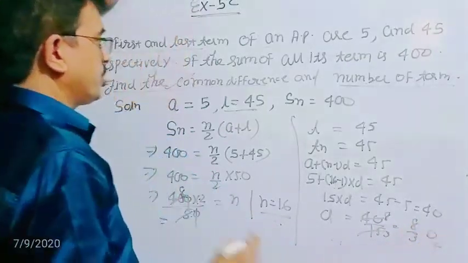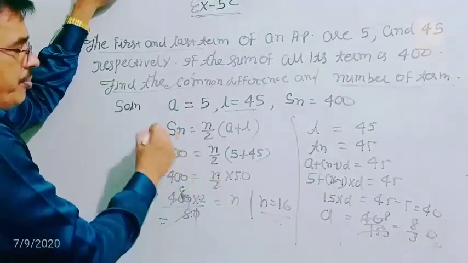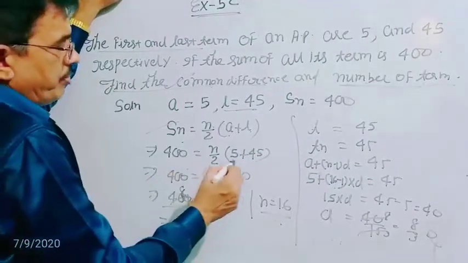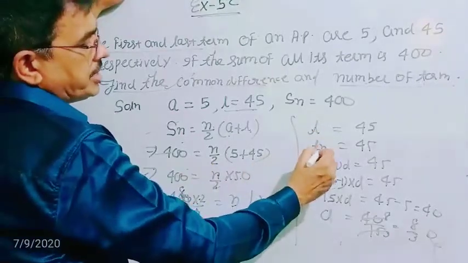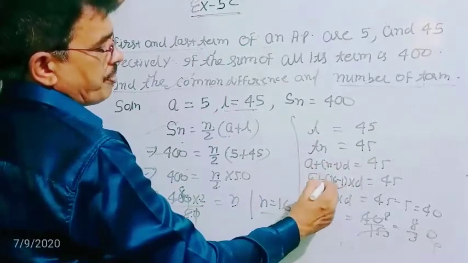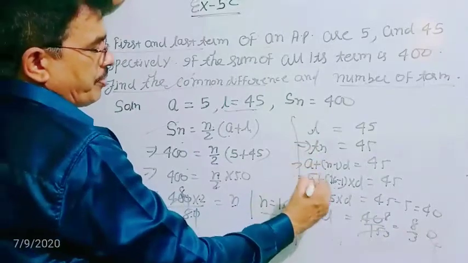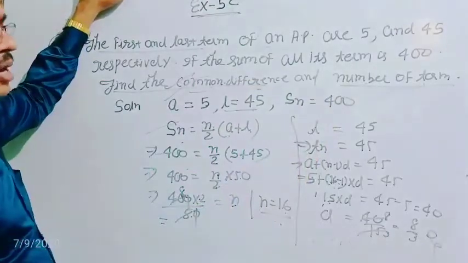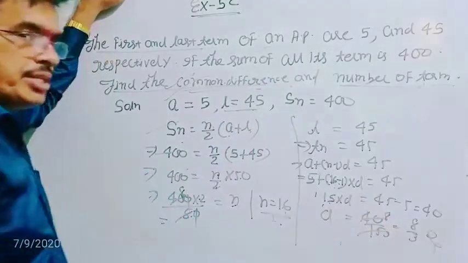8 by 3. So dear student, with the help of this you can find the value of n with the first formula, n by 2 (a plus l). After that you find the formula by l, you get n, that is n is 16, then T16 is given and that is the last term. So T16 is here, so a plus (n minus 1) into d is 40. From this formula you can find the value of d. And there are two questions here: what is the common difference and what is the number of terms? The number of terms is 16, and the common difference is 8 by 3.